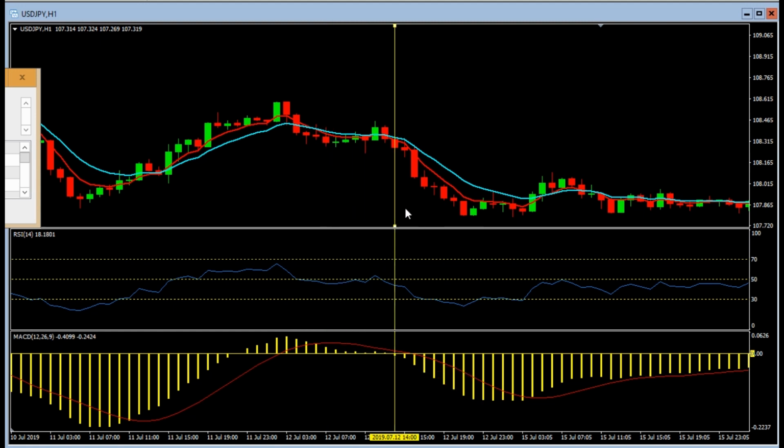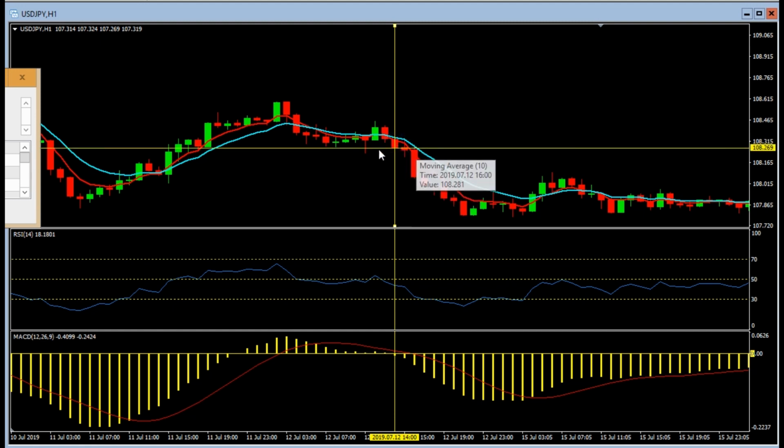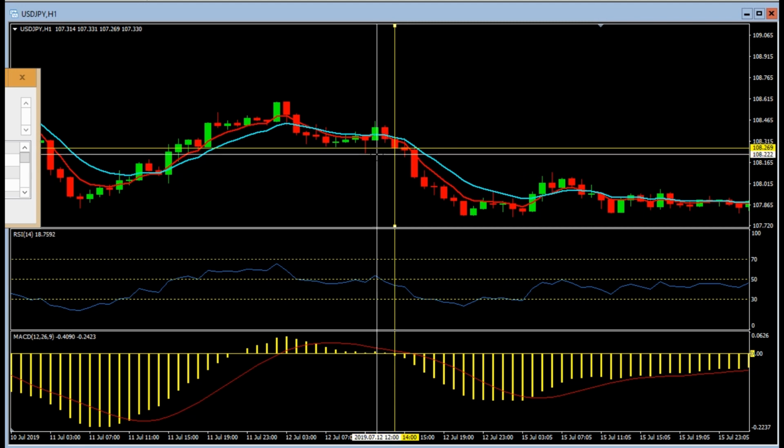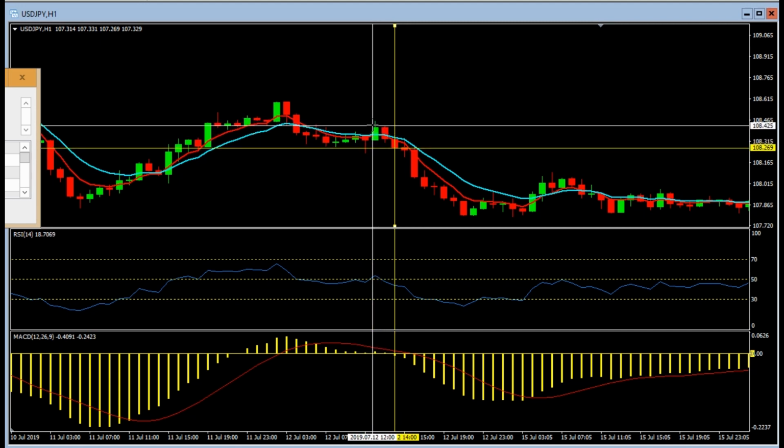So this is the MACD and it's going down here. So here we get the signal to go short, and I will bring in one horizontal line, and we see here everything's telling us to sell. So we sell at the open of this candle at 108.27, and our stop loss is going to be 5 pips above this,